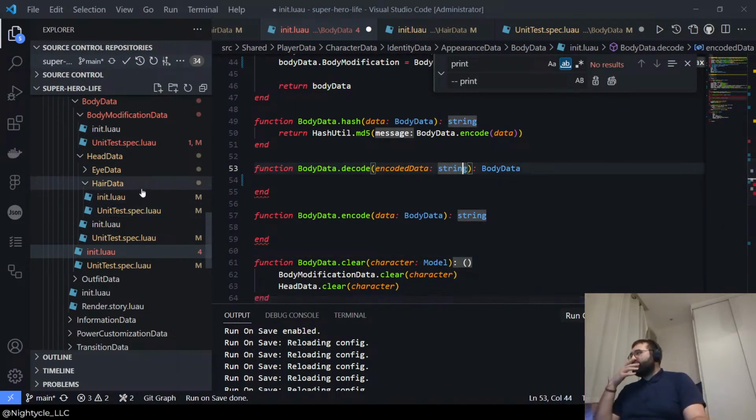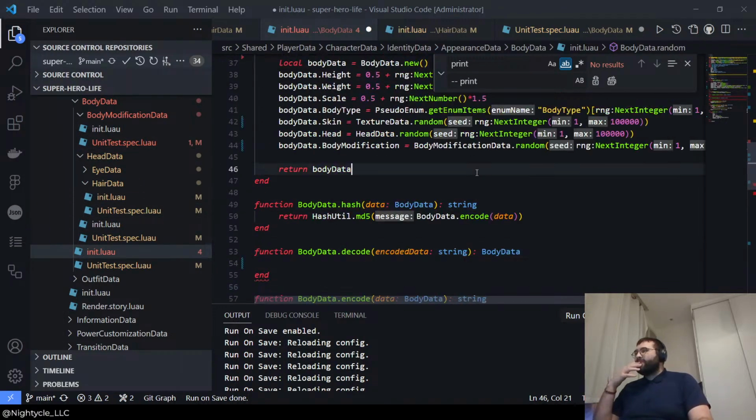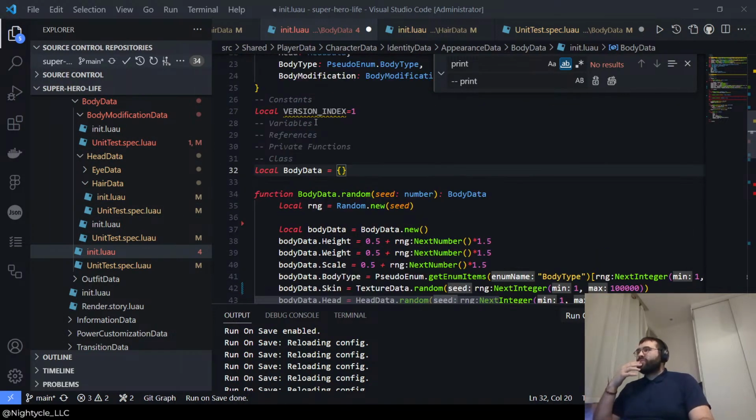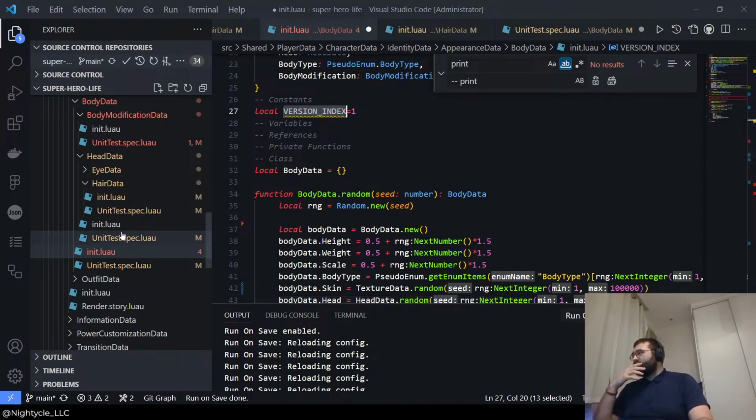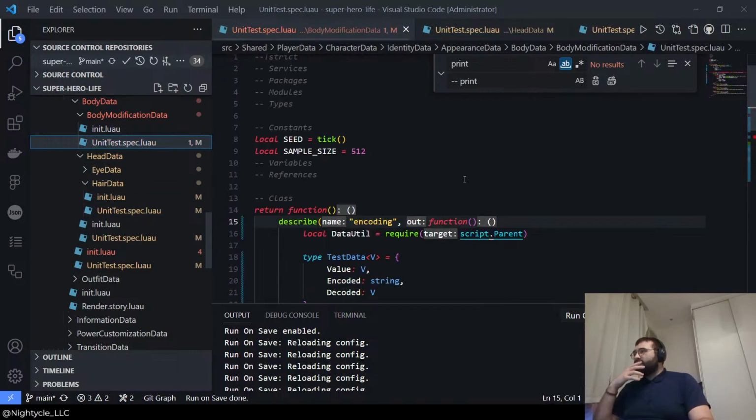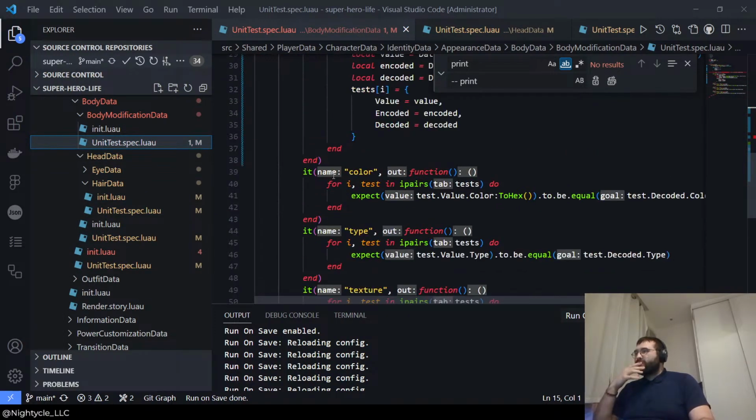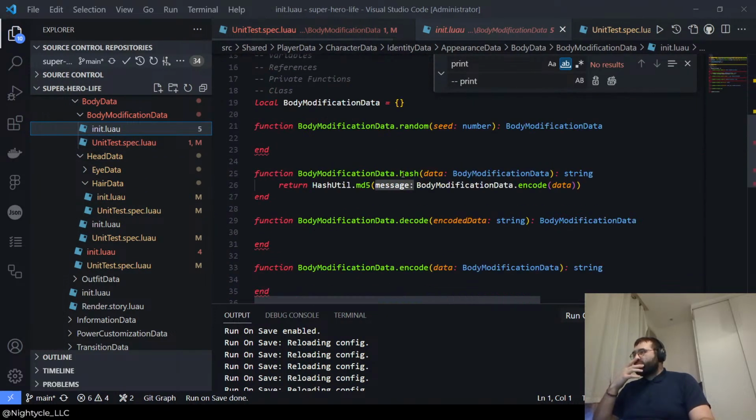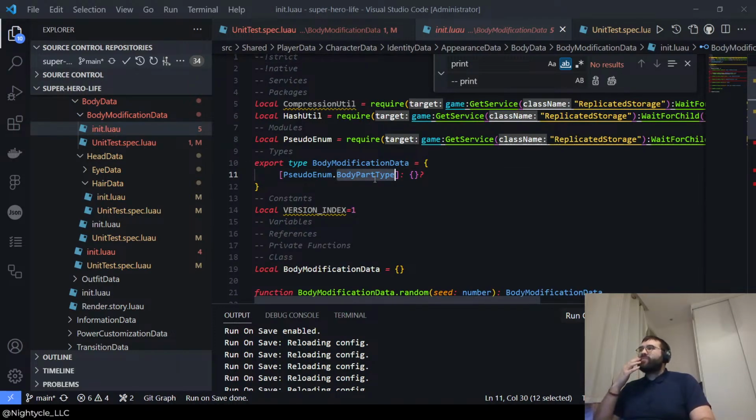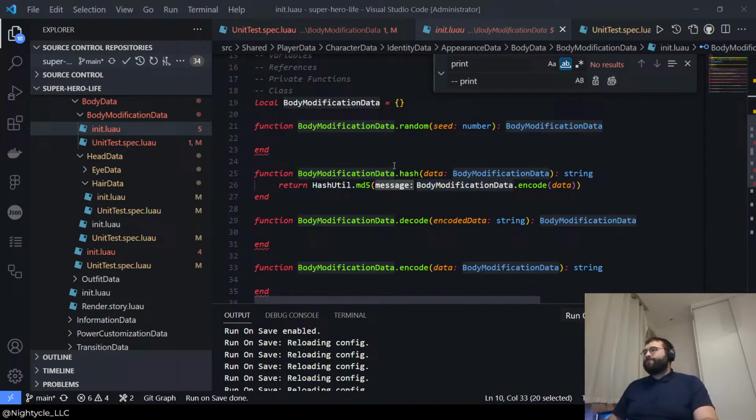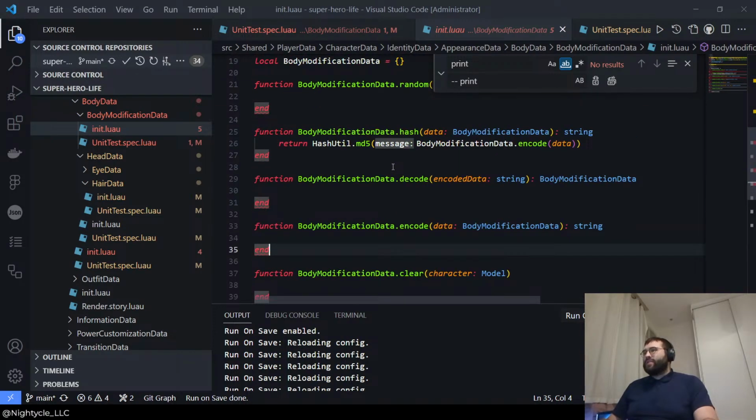So body data, so version index, it's unused. Okay, so body modification data is